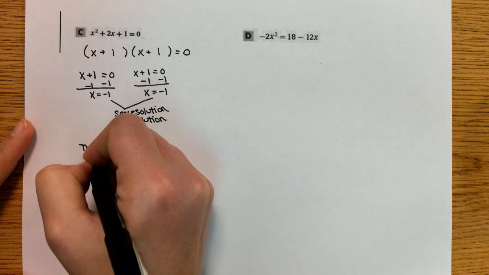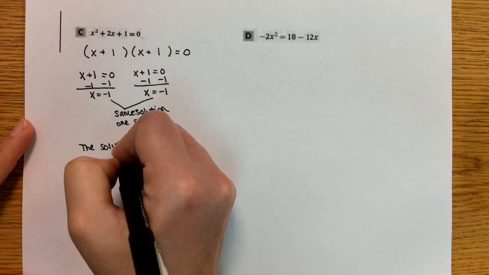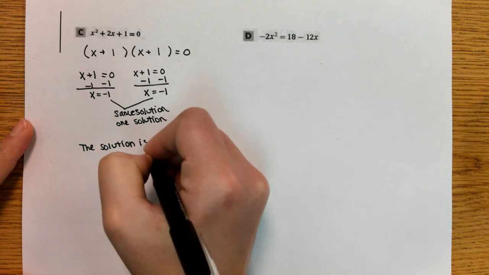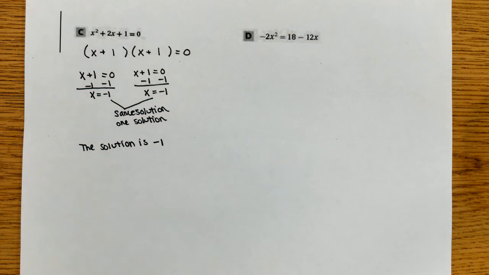So the solution is negative 1. So sometimes that might happen. You might have just one solution. Because again, you can have 2, you can have 1, and you can also have none. So now we're going to go ahead and look at